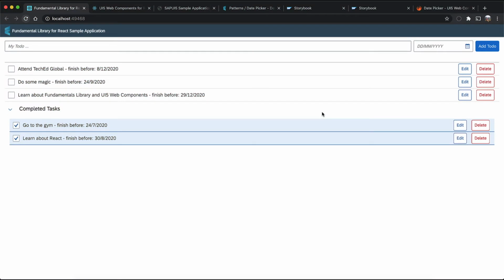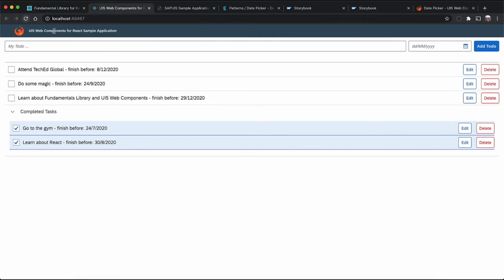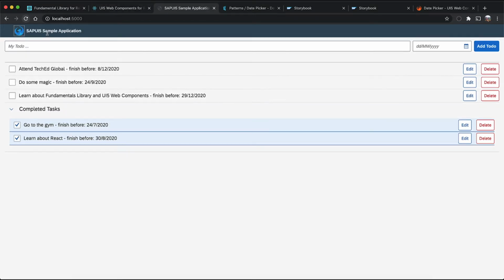In this demo, I want to show you the differences that exist between Fundamental Library, UI5 Web Components, and SAP UI5 applications. For this, I built 3 demo applications that we can see here: Fundamentals Library application for React, UI5 Web Components for React sample application, and SAP UI5 application.